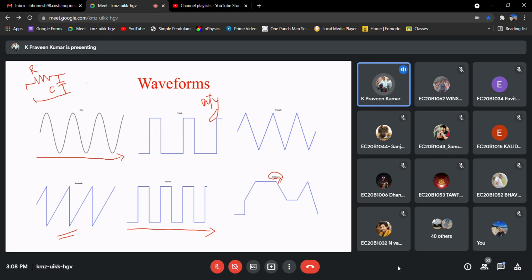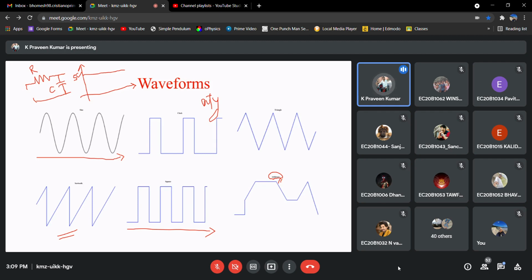Now I want to see how fast this RC section is going to charge. Let us say I have applied an input of something like 5 volts. The maximum voltage that we can get across the capacitor is 5.